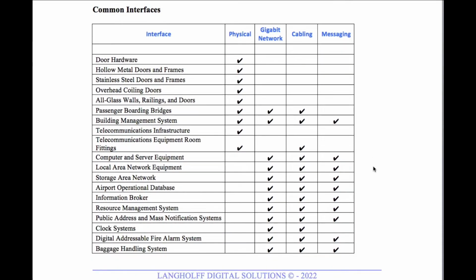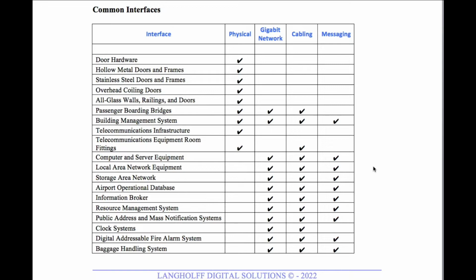Again, what we'll be talking about is the interface, whether it's physical, whether it has a gigabit backbone data network interface, cabling, which would be your Cat6 or fiber horizontal distribution systems, and any type of messaging that may be sent to or received from the access control system.